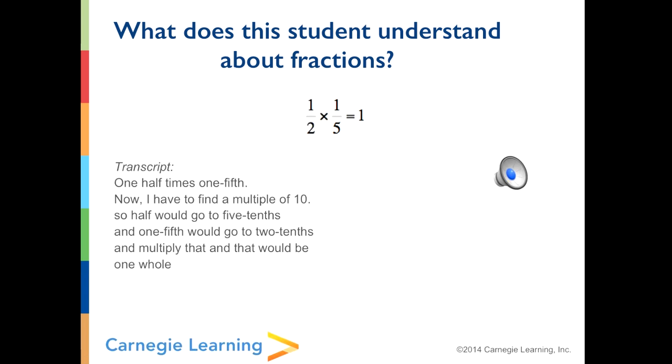Tenths, and 1/5 will go to 2 tenths. Okay. And multiply that, and that would be